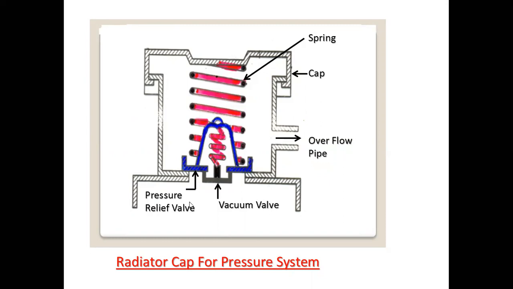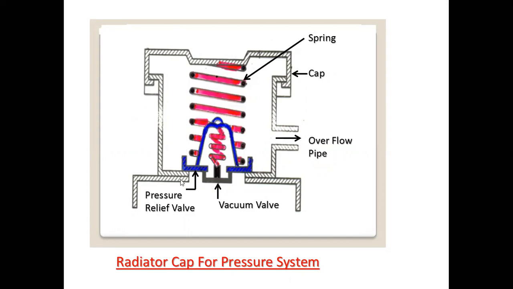Now, what happens in case of winter? At the starting of the engine, the pressure might go below the atmospheric pressure. At that time, the vacuum valve comes into the picture, as atmospheric pressure from the surroundings continually acts over this. In order to prevent damage to the radiator, the vacuum valve comes into the picture in winter when the pressure falls below atmospheric pressure.